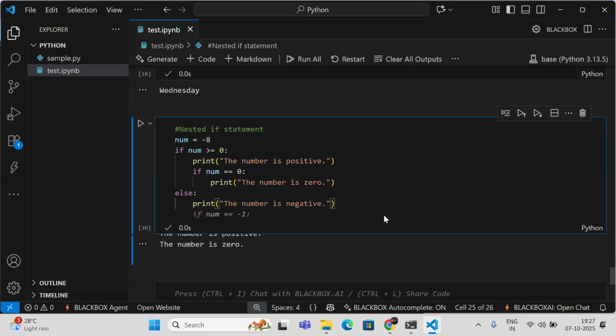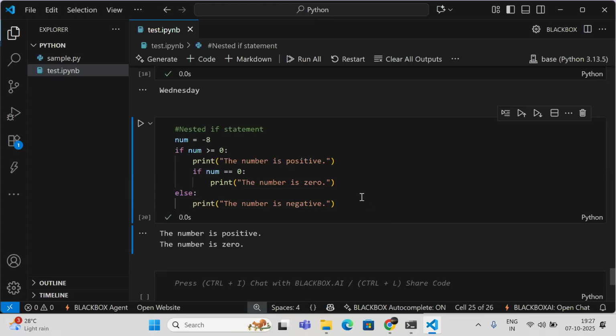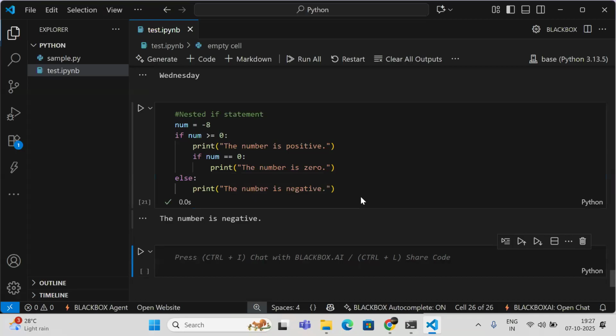Now it's going to print number is negative. Okay, so now you understand how it's working, how nested if is working. So write the program to